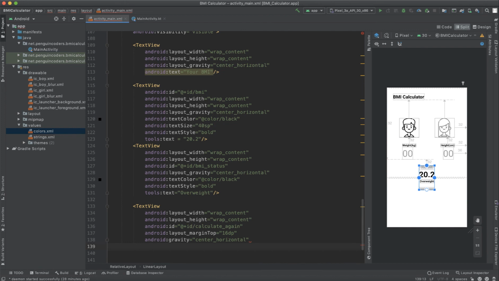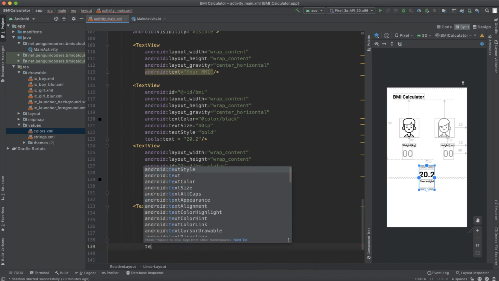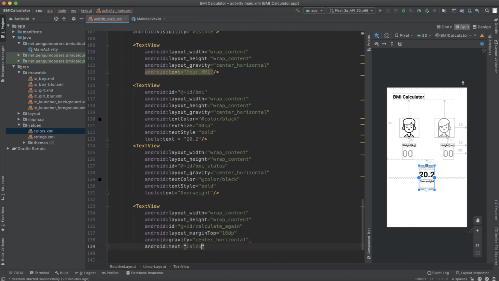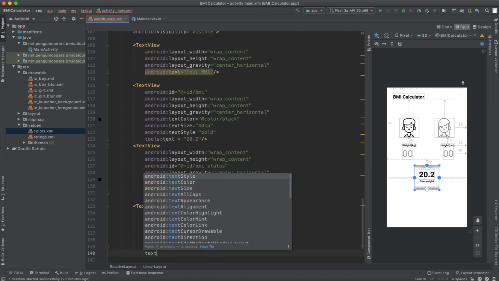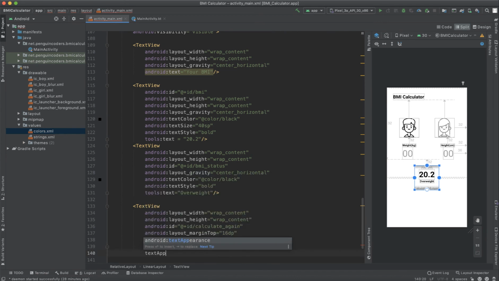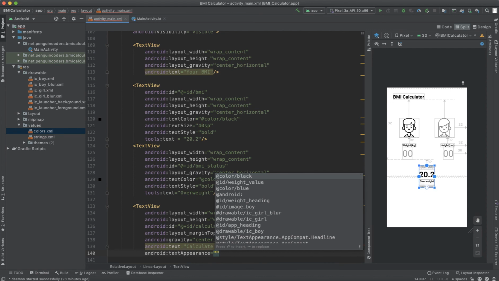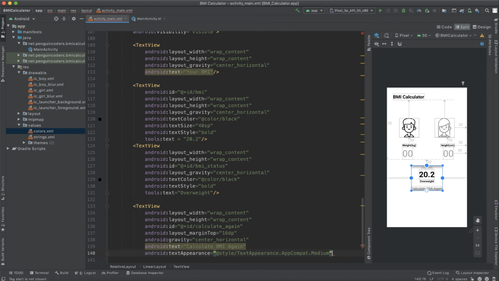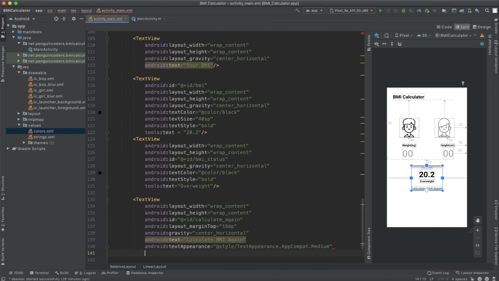Now I will choose the text here. So Android text will be calculate BMI again. And then text appearance, we will change it so that it looks a little bit bolder, so medium and larger. And then we will add a text color.